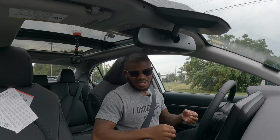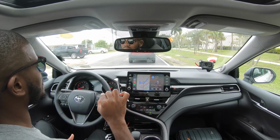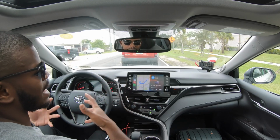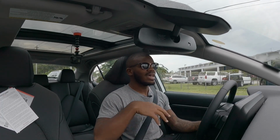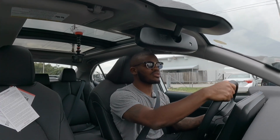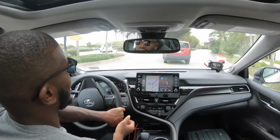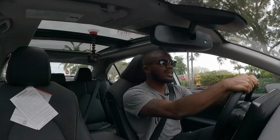But me personally, if you guys are looking for something different and you don't want the other competitors, and this is a top seller like I mentioned, the Toyota is something to be taken seriously in the midsize sedan segment, because a lot of people like the Camry and what it stands for. Great reliability, great durability, practicality. You also can fit your family in here, plus the stuff in the cargo area. It's not the biggest in the segment. That still belongs to the Accord with 40.4 inches of legroom and also 16.9 cubic feet of space. But I will still say the Camry is a good choice if you guys don't want the Honda, the Subaru,